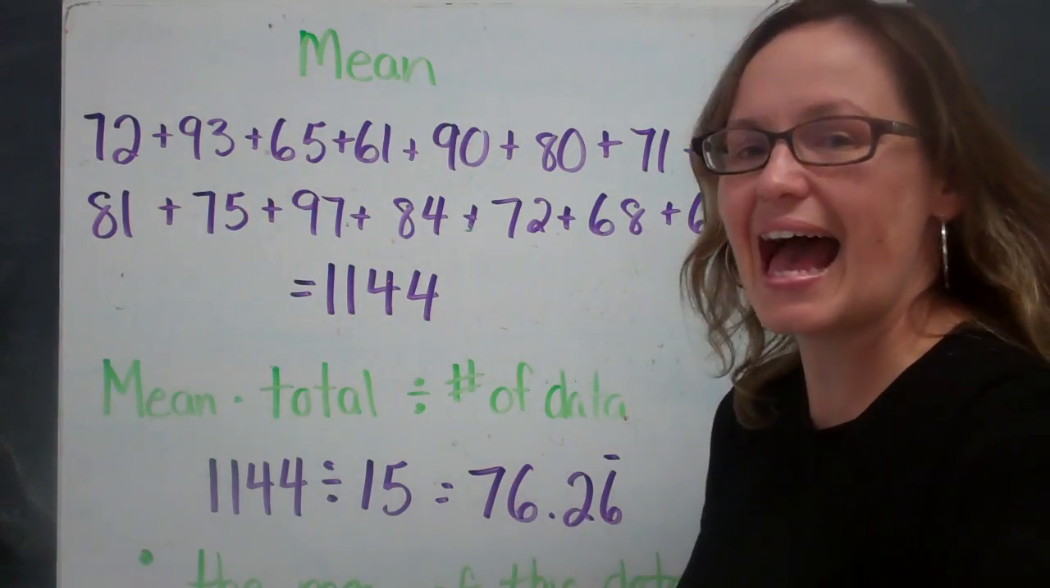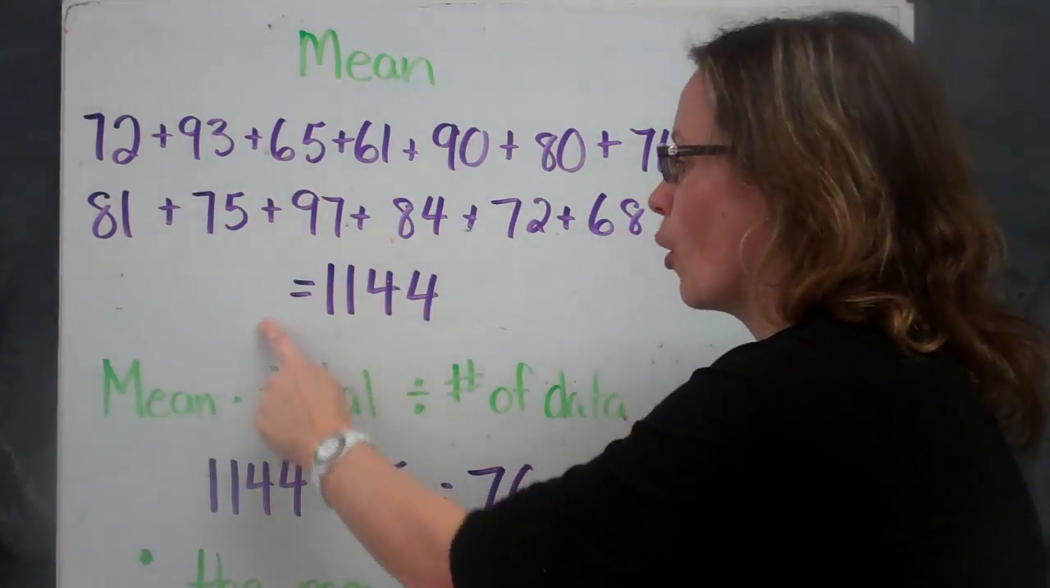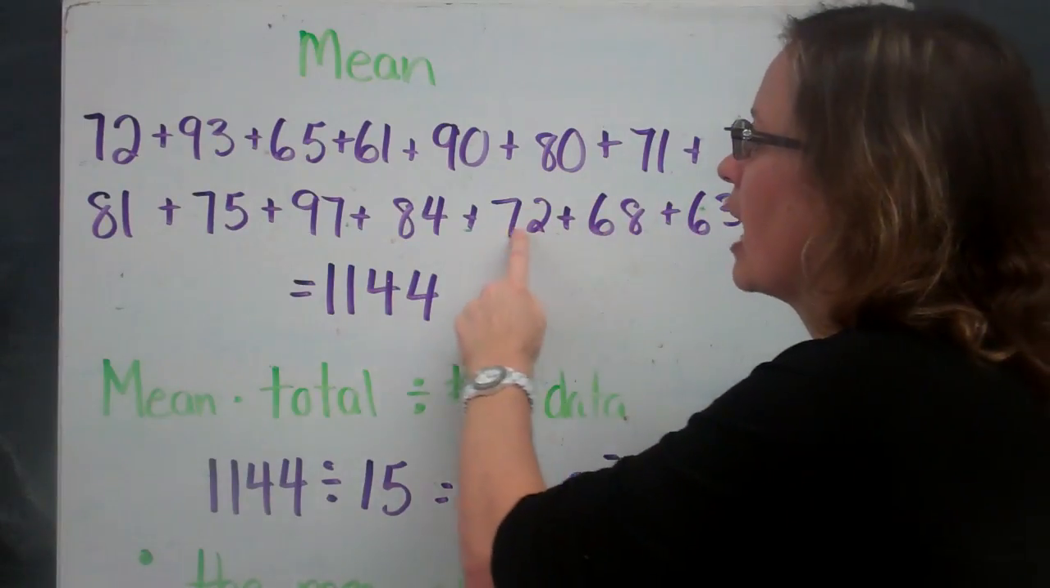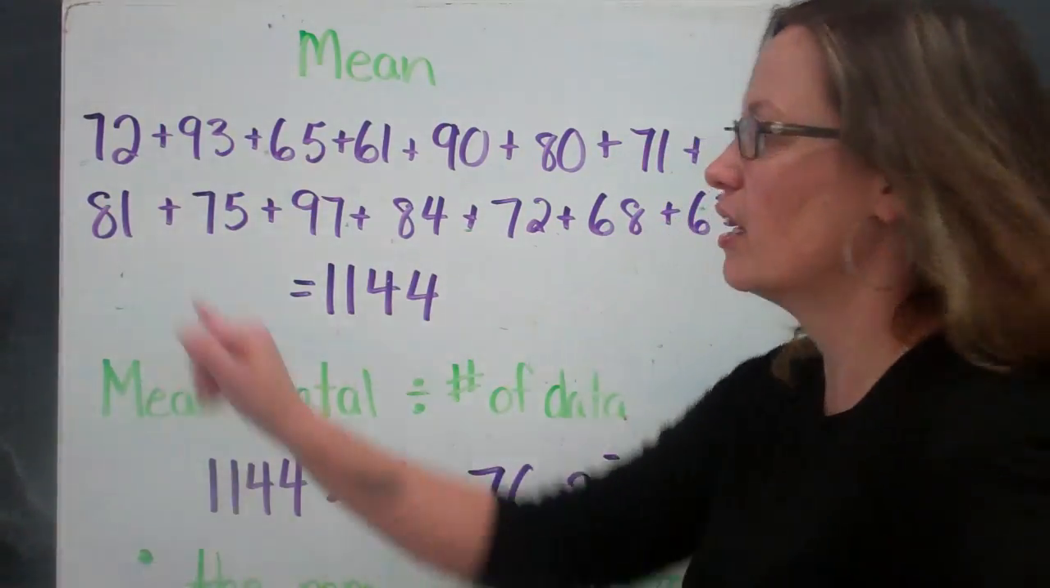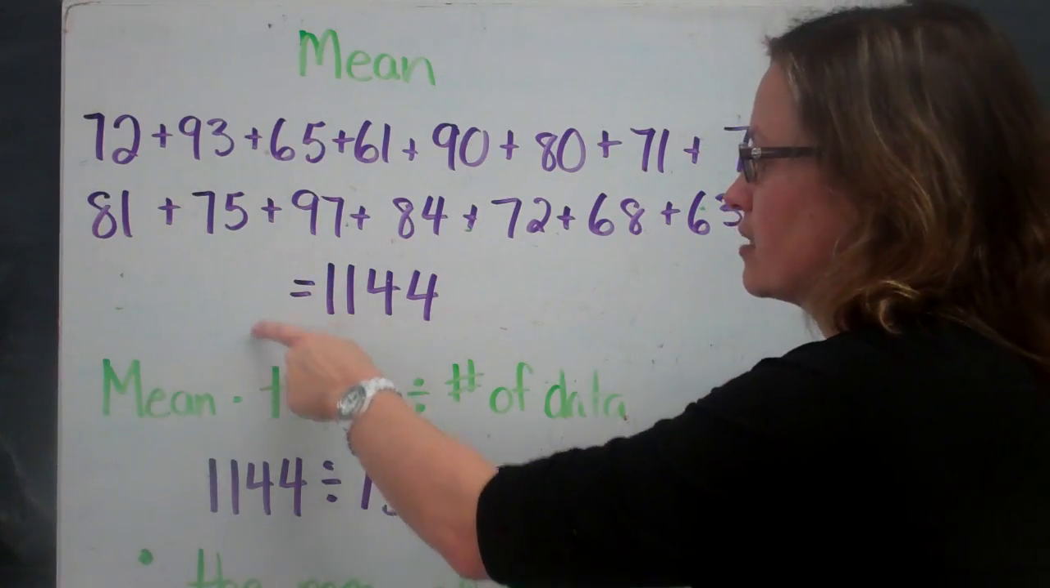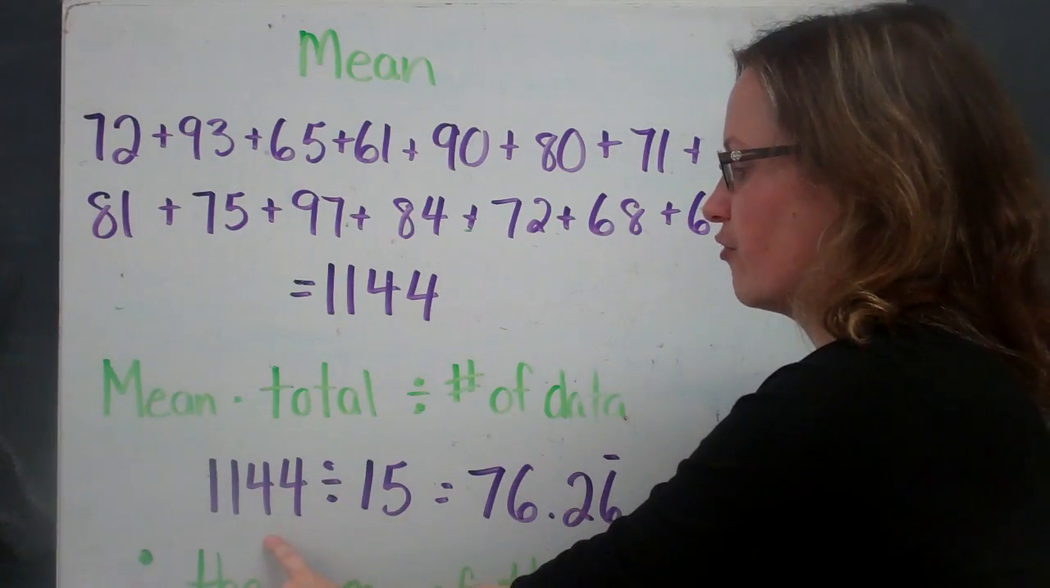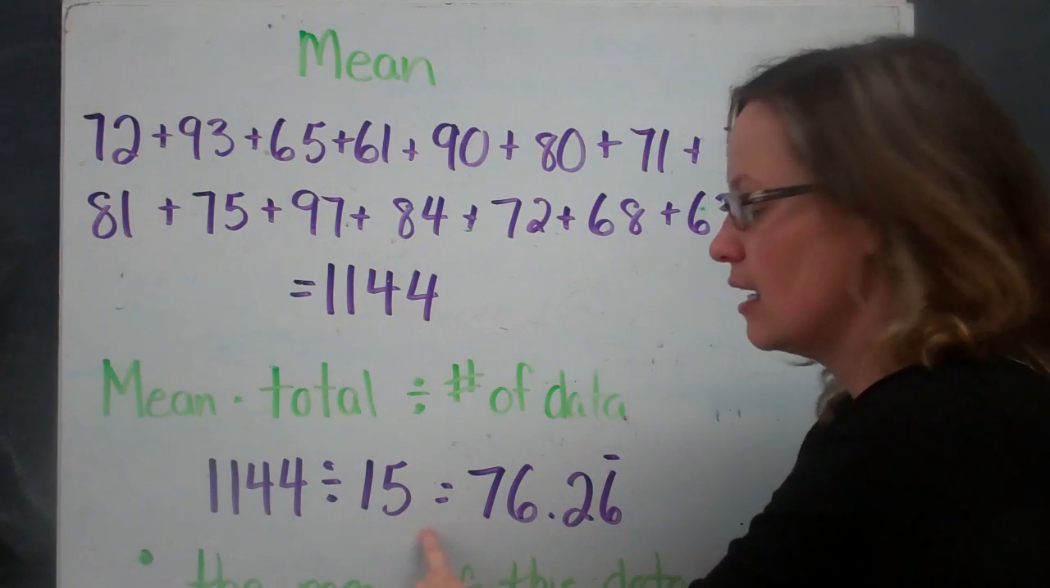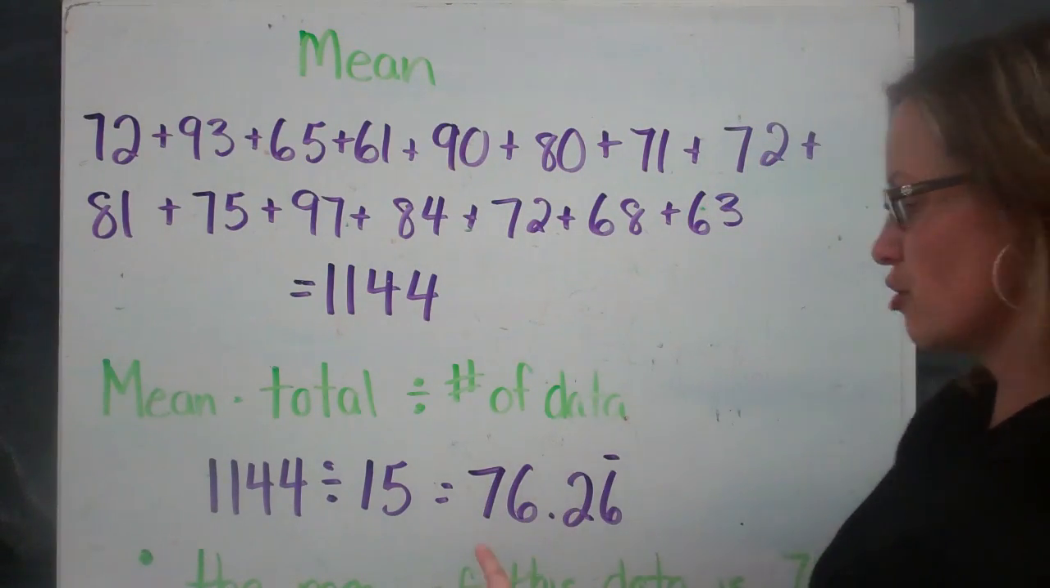Now, in order to find the average, I need to take the total number and divide it by the number of data that I have. So if I count these up, there are 15 test scores. So I'm going to take 1,144 and divide it by 15. And then I'm going to get my average. So my average is